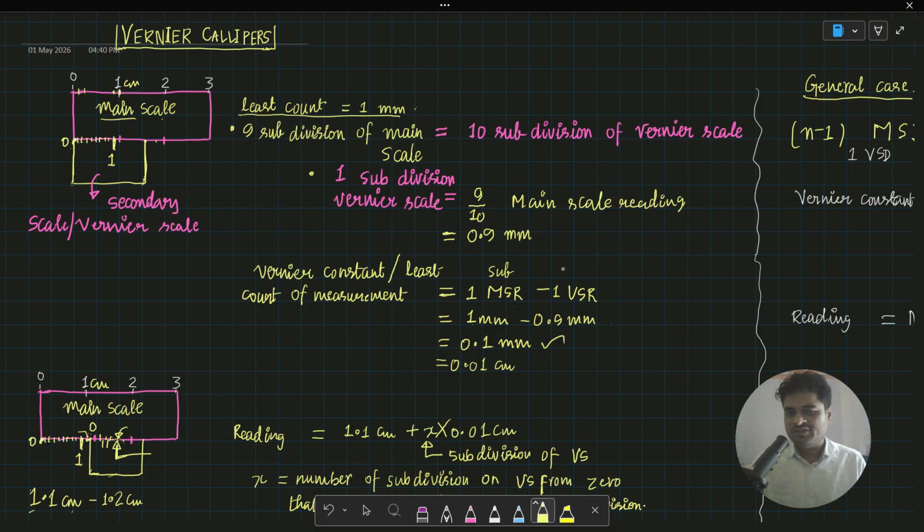So 1 subdivision of Vernier scale can now measure 0.9 millimeter if we use it standalone,